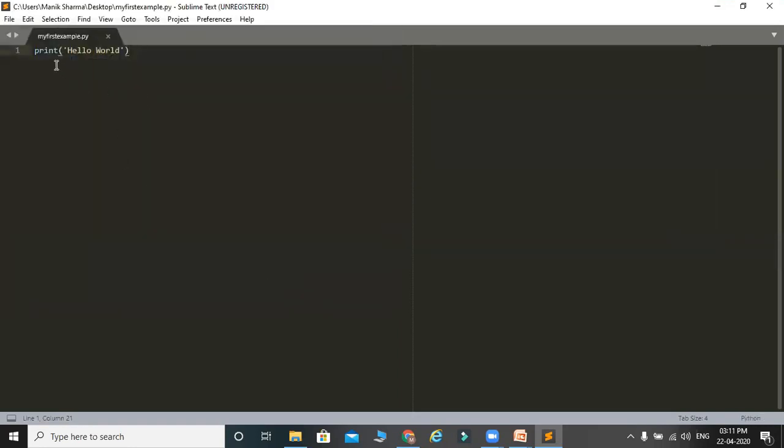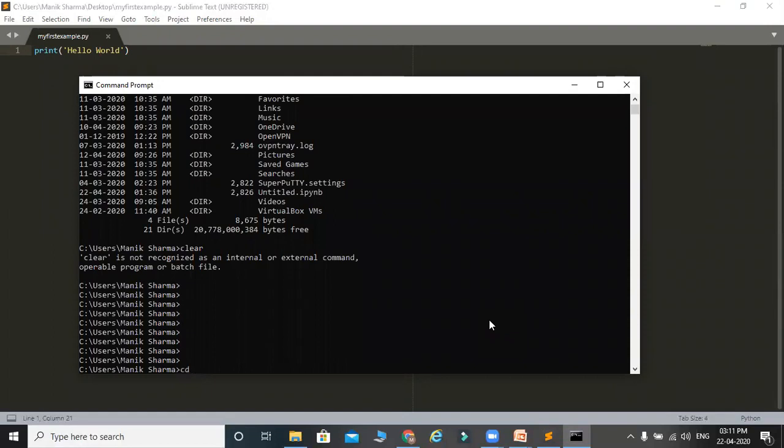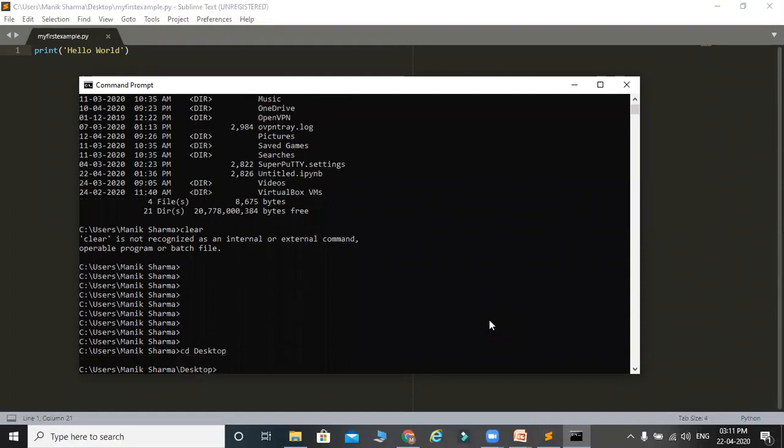Now you see here earlier it was all white and now its color has changed, meaning our indentation is fine. So now let's go to the terminal, open the command prompt, cmd, go to the desktop, cd desktop.